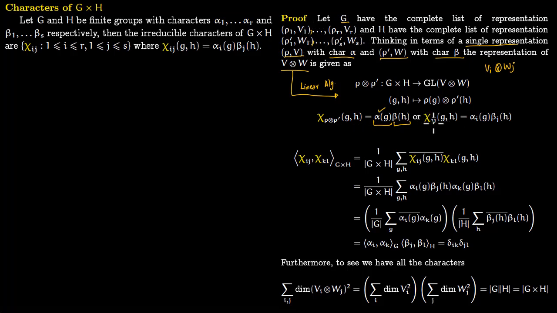So instead of this, you can talk about chi ij of gh, and then this corresponds to this and this. So basically we are just copying this to here, because instead of vw we are writing vi tensor wj. So instead of a single representation, you have to talk about all of them. So this is a single character here. Now this character should make sense, that is, if you take its inner product, you should be able to tell whether it is reducible, irreducible, orthogonal, and so on. And that should completely depend upon characters alpha and beta. So to show that, we have to prove that this is equal to a product of these two,